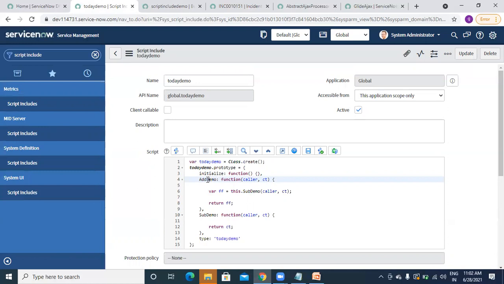For example, addition one function, subtraction one function, division one function, multiplication one function, some other thing one function. You can create as many functions inside the same script include, and you can call them in one business rule, whatever. Like you can use only one script include, and you can call as many functions, okay. Any questions again?